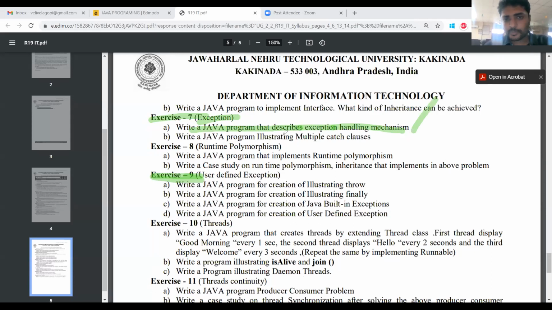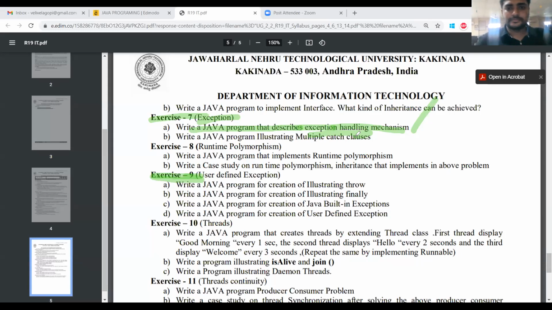Next program, write a Java program illustrating multiple catch classes. Each try block can have a corresponding catch block, and there is a possibility of multiple catch blocks. After Java version 8, multiple catch blocks can be handled by using the Boolean OR operator, so we can have multiple catches in a single block.